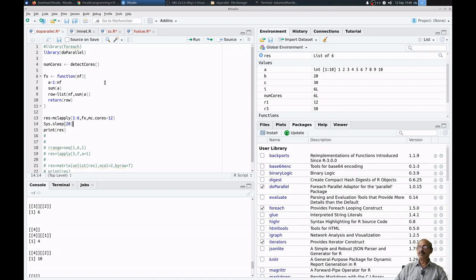Next thing is, in a parallel computer, you may have different nodes. This will work only within one node. Suppose there are different nodes and you add them to one cluster. In the first node there may be 6 cores. There is another computer, another node, that will again have 6 cores. Then if you put everything together as a cluster, you have to modify this code. This will not work. It will not use the cores in the next node. We can Google how to do that. This is within one node.